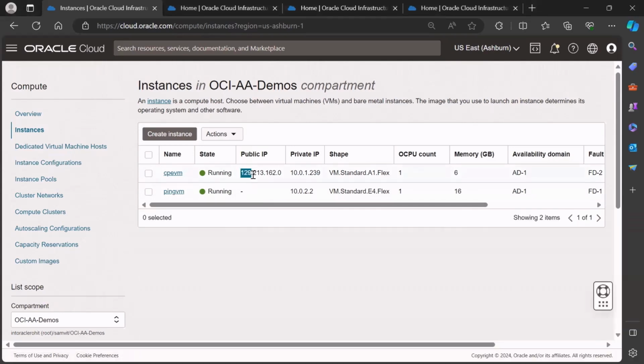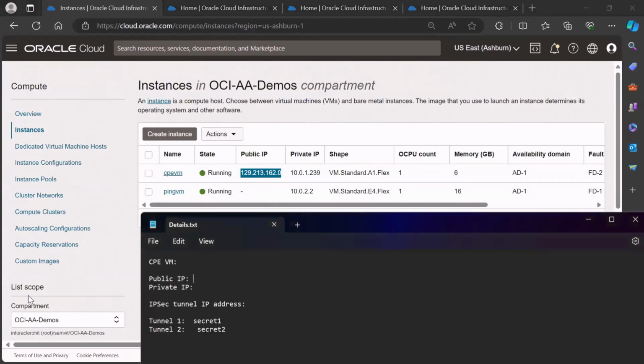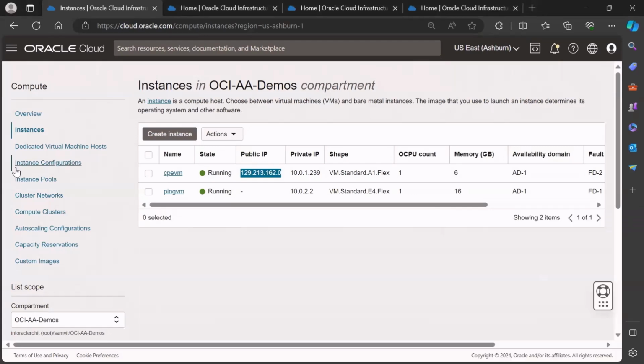So my public IP is, so this is my public IP and my private IP is, okay. So this is the information that I require. I will go back to